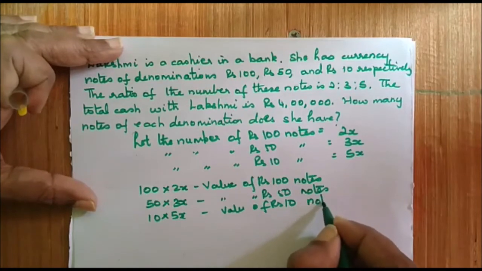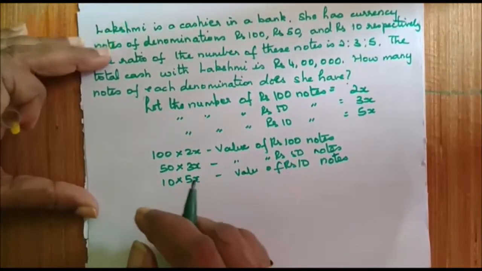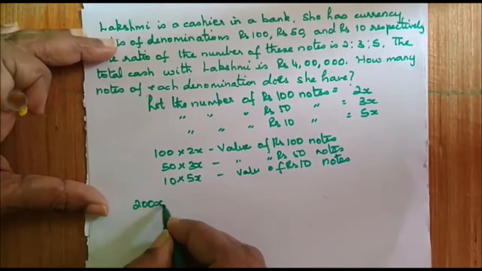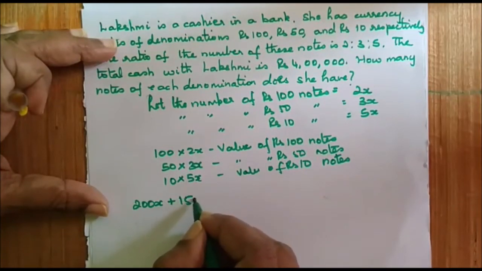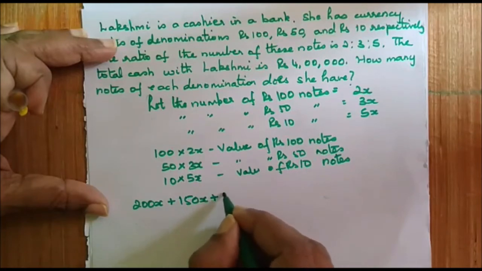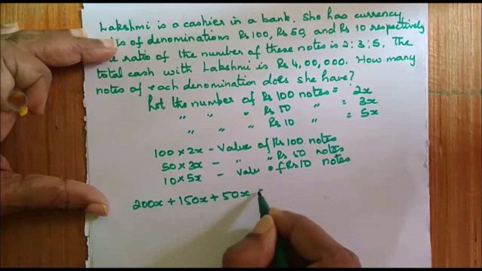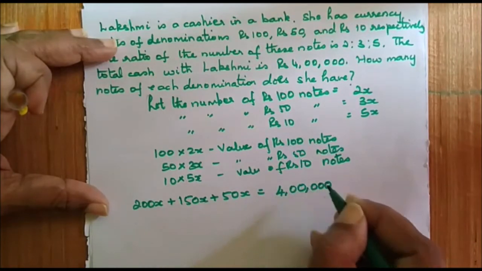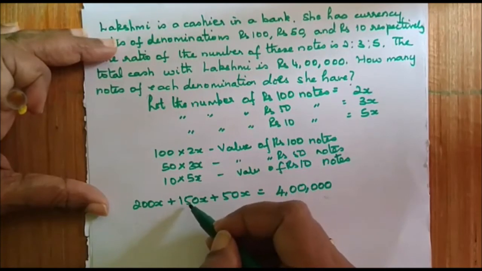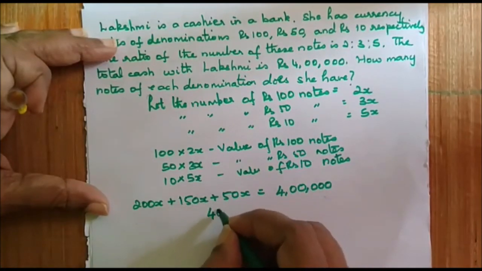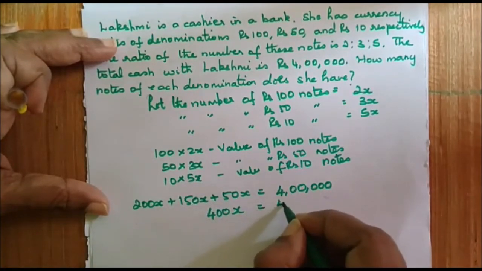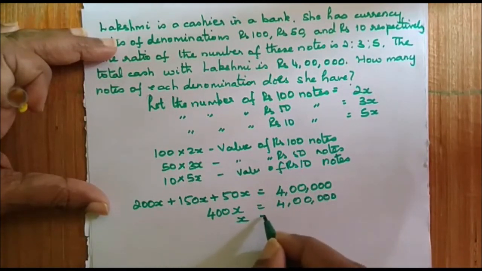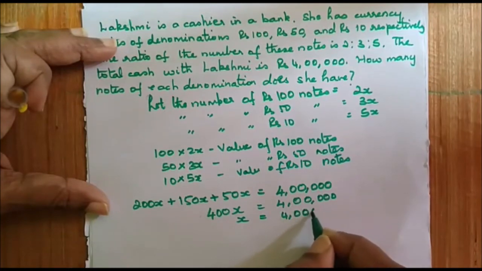Okay, so now what will my equation be? My equation will be like this, that is 100 into 2 is 200x plus 150x plus 50x is equals to 4 lakhs. Okay, now let me solve it further. 200 plus 150 is 350, which is nothing but 400x is equals to 4 lakhs, or in other words x is equals to, let me divide it,